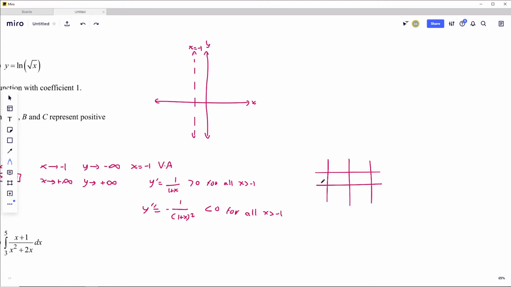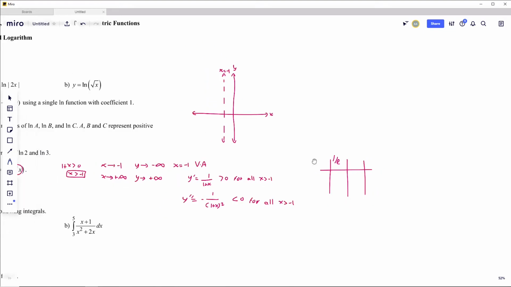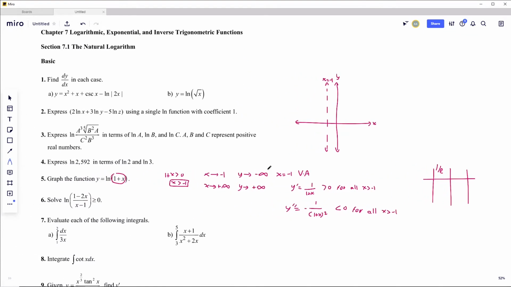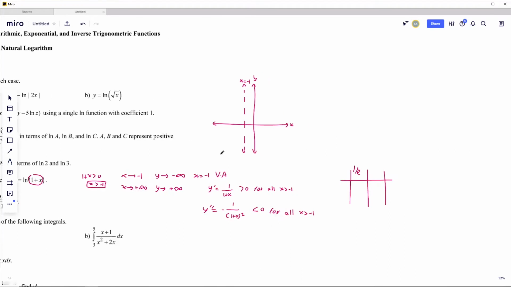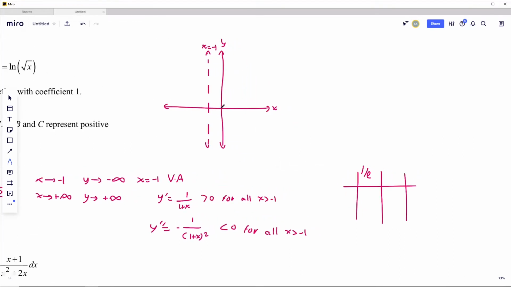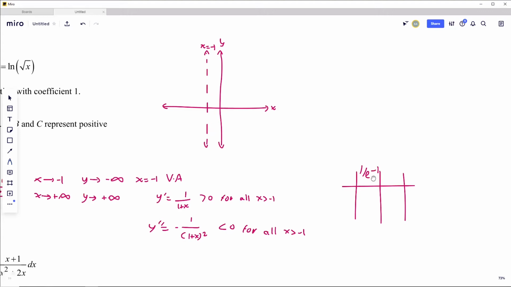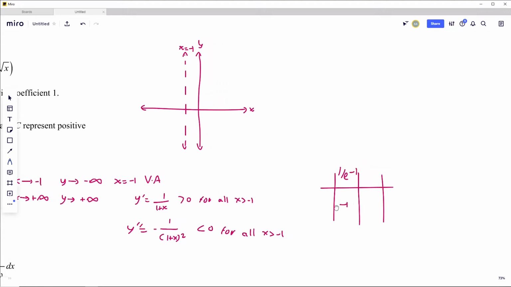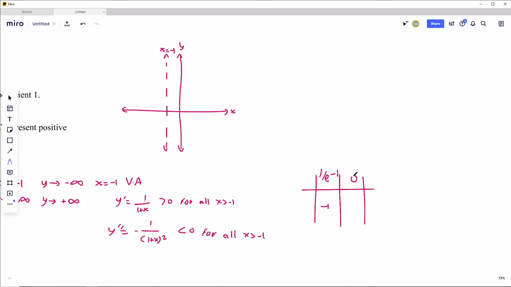So you can do the y prime or stuff, but I'm just going to do the value. For example, 1 over e. If you put 1 over e, what do you get? In this case, it's not 1 over e, because the graph is shifted to the left. Normally it would be 1 over e, giving you -1, but here it's shifted to the left, so it becomes -1, and 0, because ln of 1 gives you 0, but here